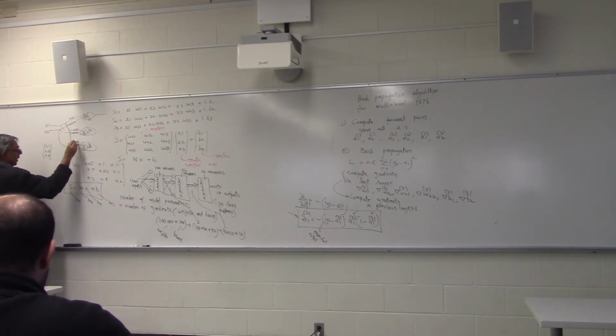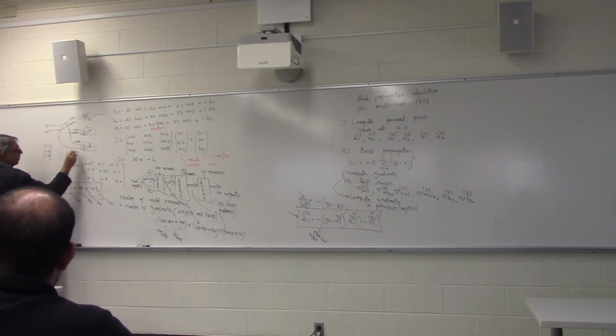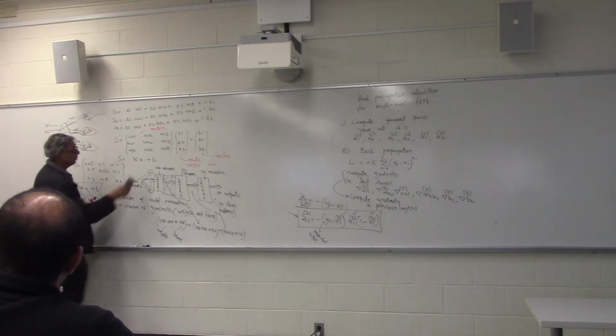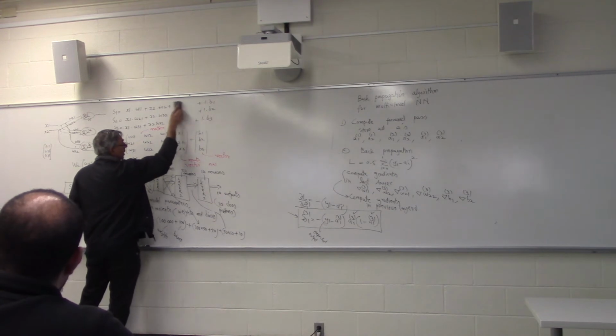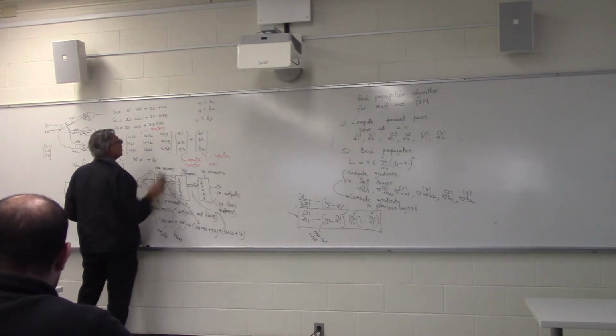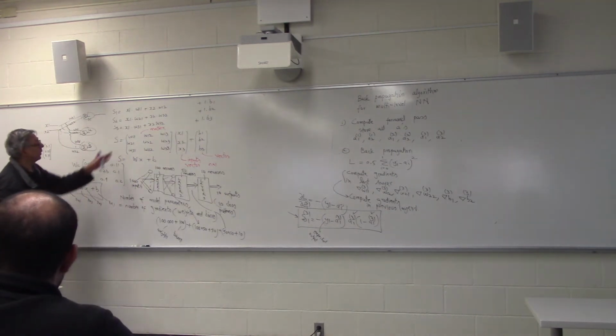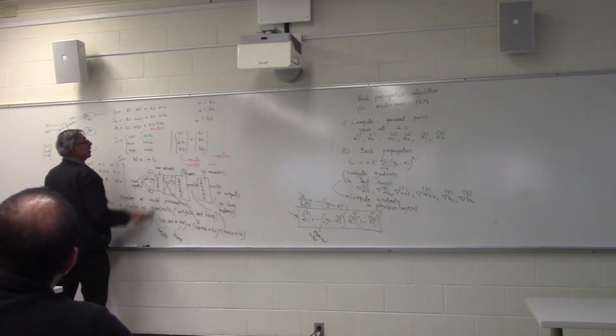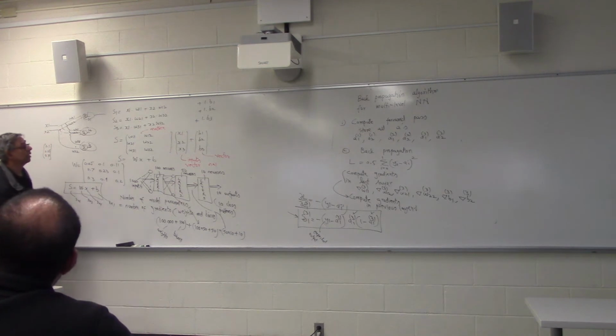So this will be W31 and W32. As you can see now, what will happen? This will disappear, correct? So what will be the size of this matrix then? 3 by 2. Because it's a 3 by 2 matrix,